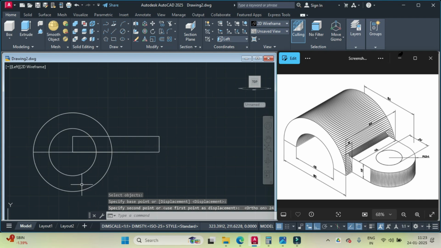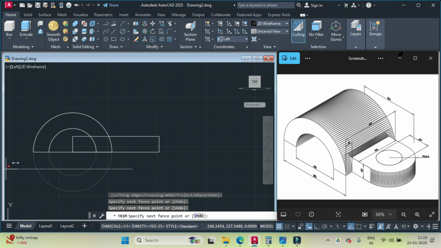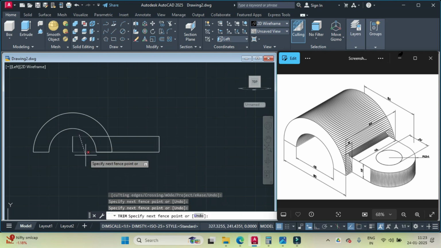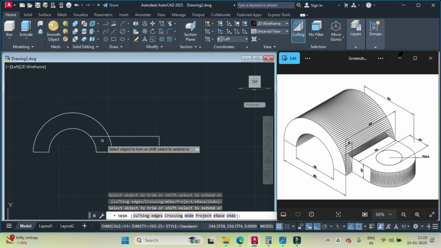Now we'll use the trim command and trim the unwanted parts of the circle. So we no longer need this. We no longer even need this. We also no longer need this part of the rectangle, and we don't need this part as well. Now we go into the southwest isometric view,